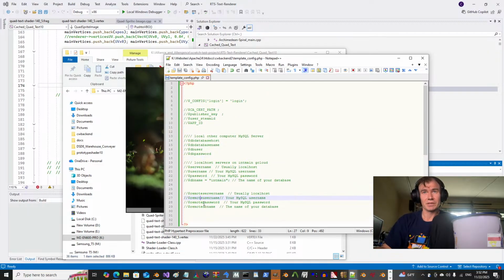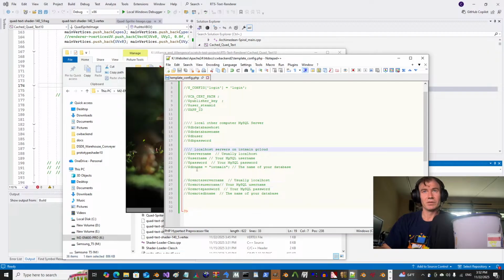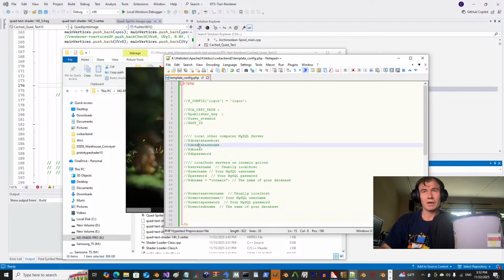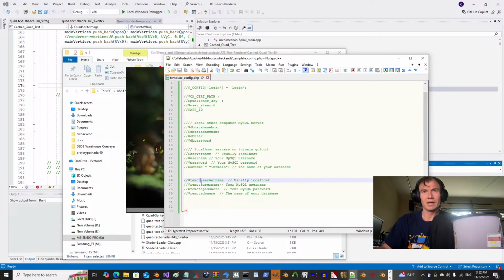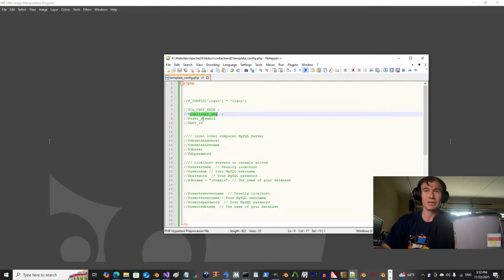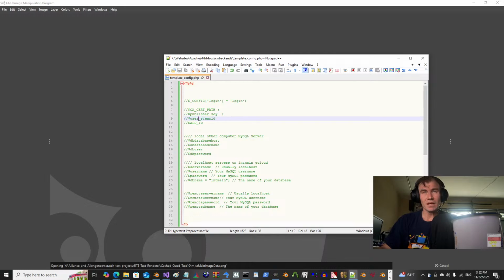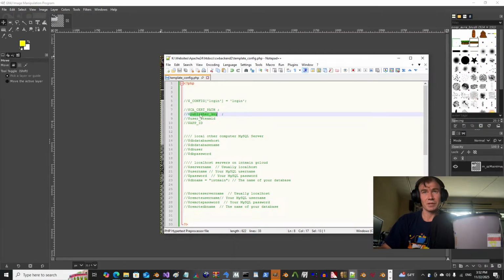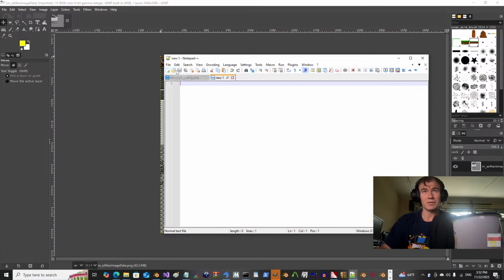And I have 3. I have my local, I have my local other computer, so it's not on this computer, and I have my remote at Google. I configured the CA cert path so I could authenticate with SSL properly, my Steam publisher key, my Steam ID, my current Steam ID, and my app ID, my game ID. So this will be like my game template. So let's say we want to do